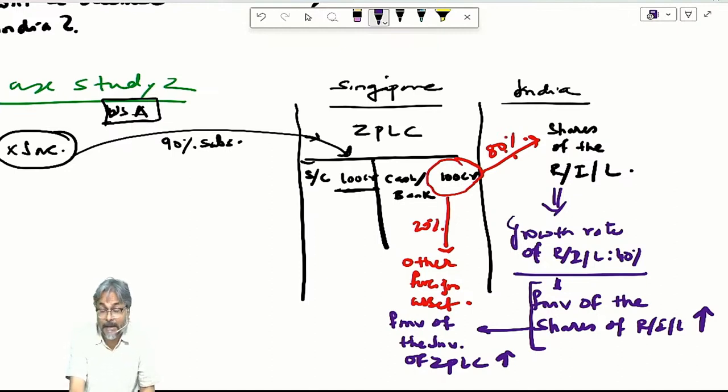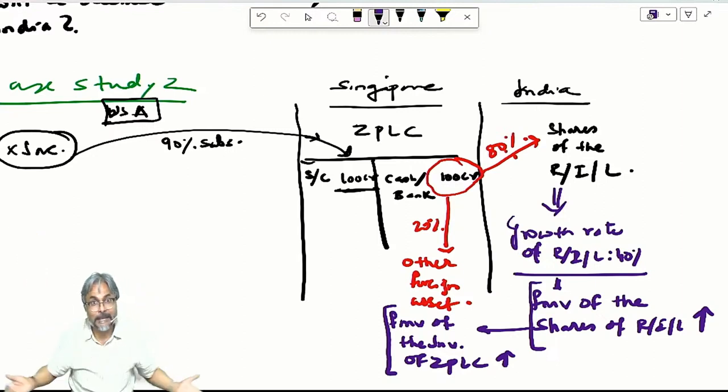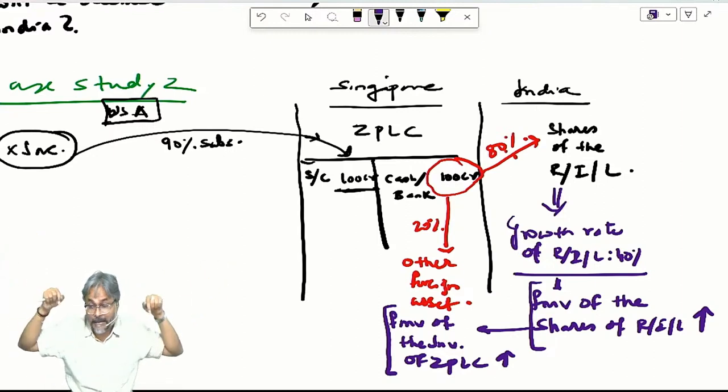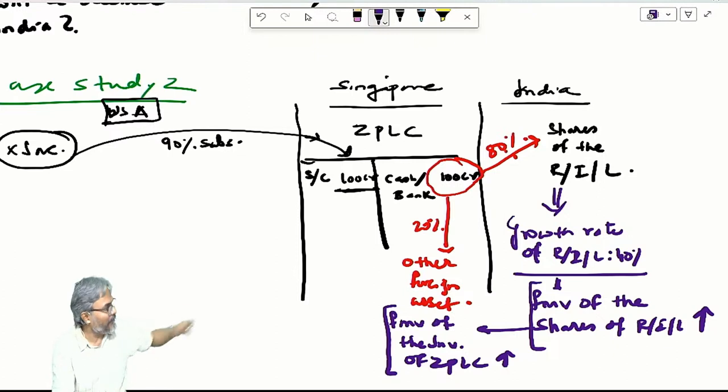If the fair market value of the shares of RIL goes up, then the fair market value of the investment of ZPLC will also go up. See the ripple effect now. So if my asset value will increase, although the book value can be anything, if the fair market value of my assets increases, don't you think that my face value of the shares, say 10 rupees per share,